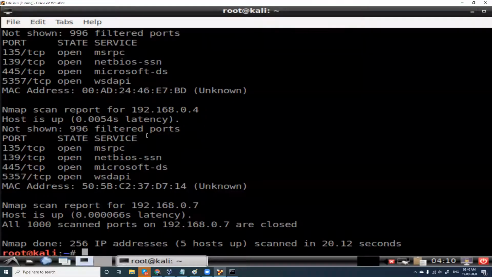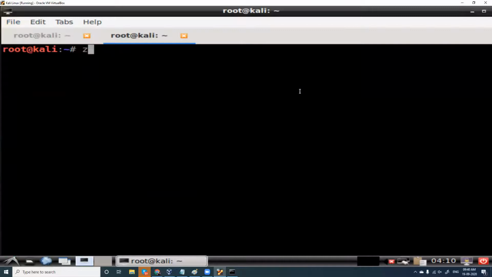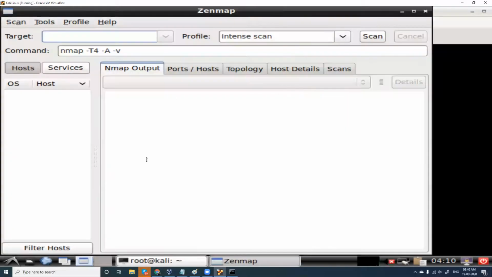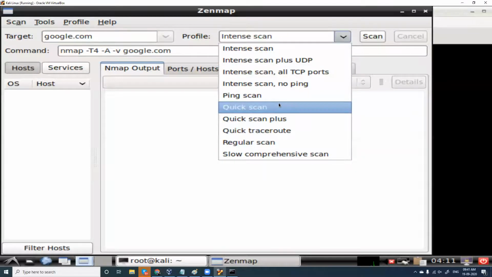Or if you say you're not comfortable with this, you can go for another tool called Zenmap, which is a graphical user interface for Nmap. When you type zenmap, you'll get something like this, and it is pretty easy to use. I can give my target here. I'll give google.com, and whatever scan you want to perform, intense scan or ping scan, you don't have to type any command.